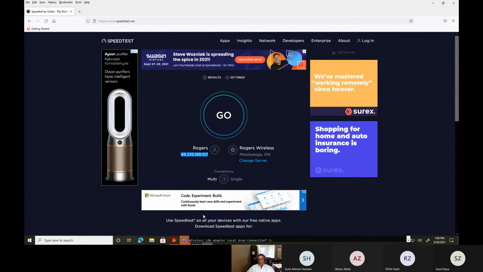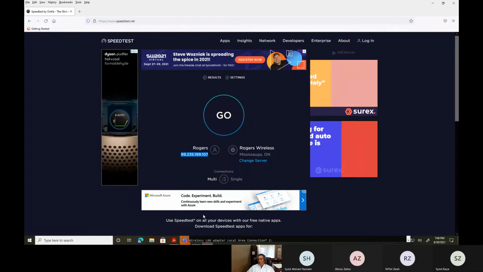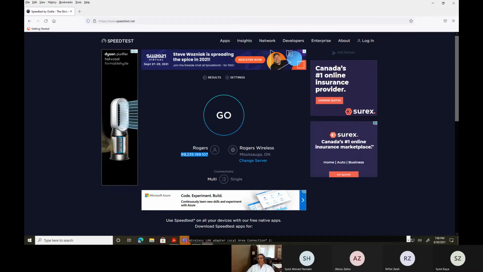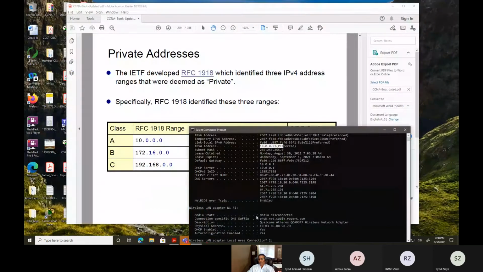So all my home IP addresses are from 10.0.0.1 to 10.0.0.254, sorry. And all of them are getting converted to this IP address from Rogers. This is my public one, which is facing the internet. But as soon as traffic comes back, it knows there is a mapping and it's going to get converted from there to the one I have, 10.0.0.93, which is my own IP address right here.